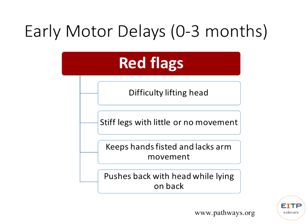Okay, so first I want to start and talk about red flags in those first couple of months. So early motor delays,